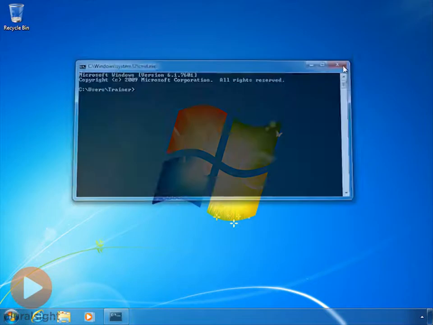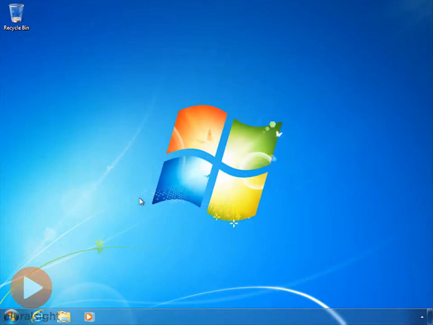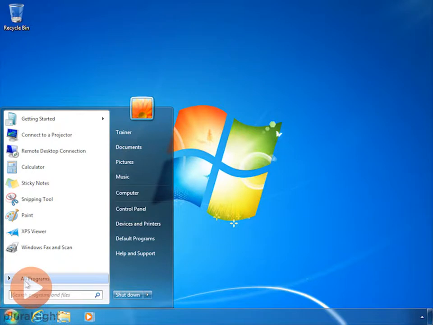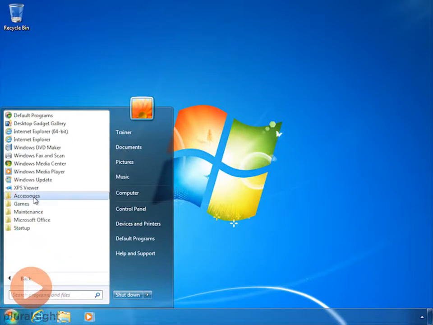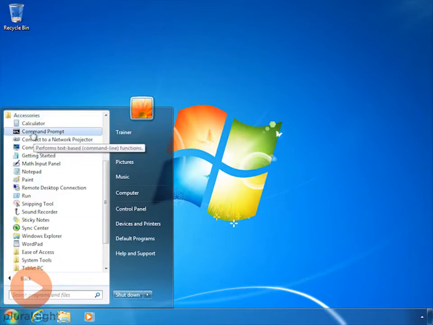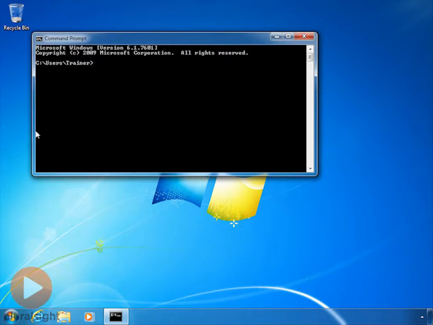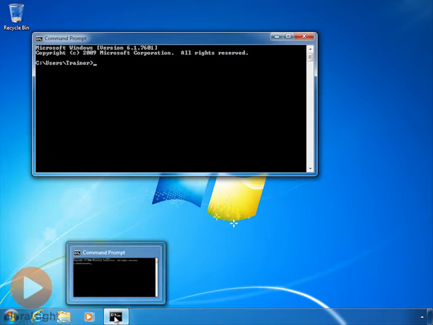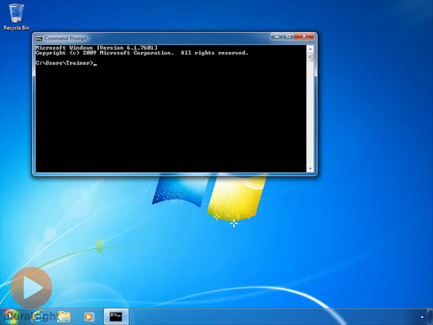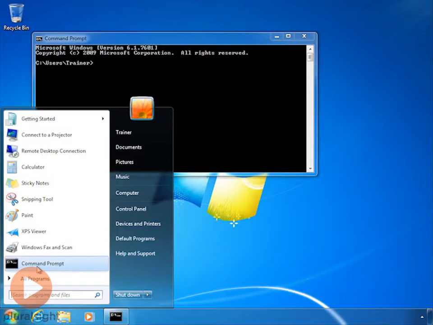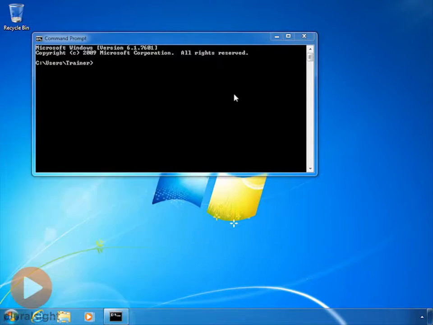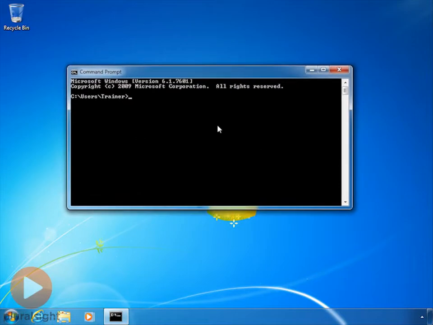Now let me close this. I want to show you other ways that you can get there. You can also go into All Programs, Accessories, and you'll find the command prompt there. Okay, so that's another way that you can get to the command prompt. I can tell you that you can do things like pin this to the taskbar. You'll also find that if you open it enough times, you'll find it right here on your recently accessed stuff on your start menu. And the overall point is there's a lot of ways to get to this command prompt